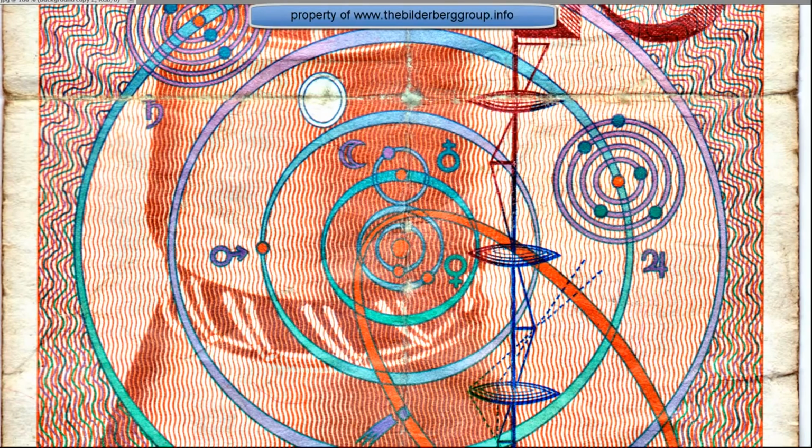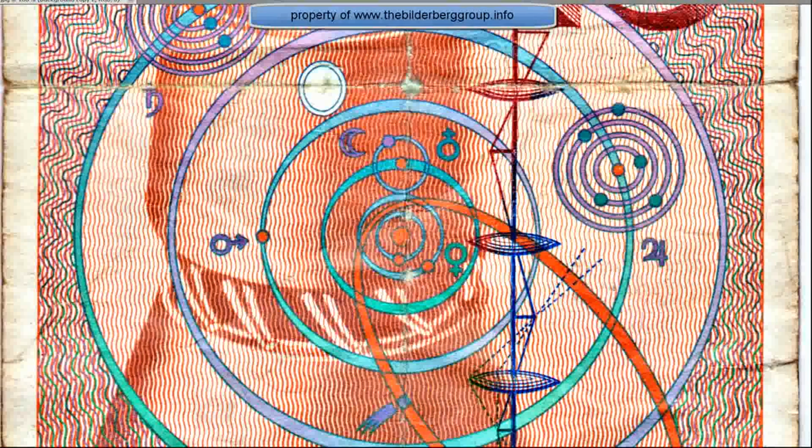Today's date is October 22nd, 2011, and yesterday I acquired one of the infamous 10 Swiss francs that has appeared all over the internet, and usually in videos relating to Elenin or Nibiru or similar stories. But I finally got a hold of one of these bills, and I guess I'll start off with the history